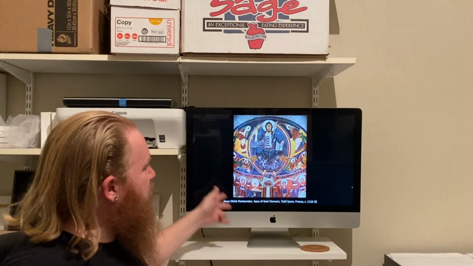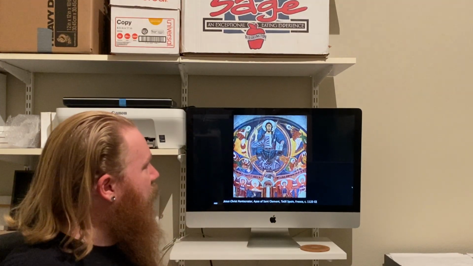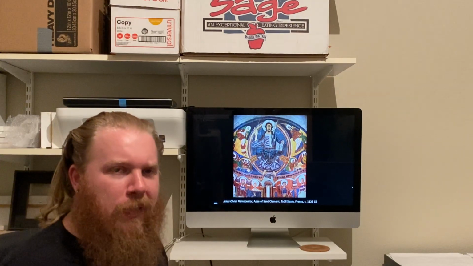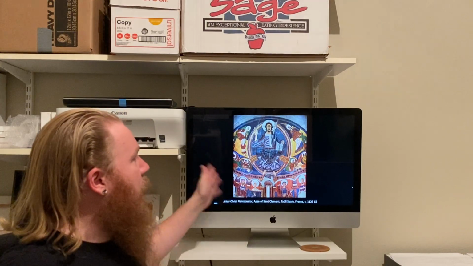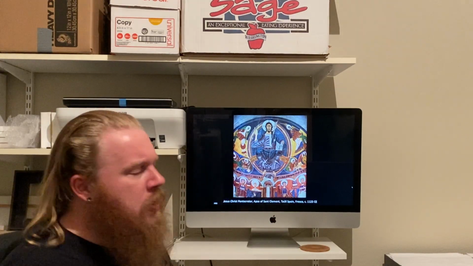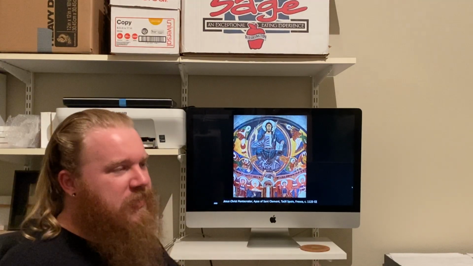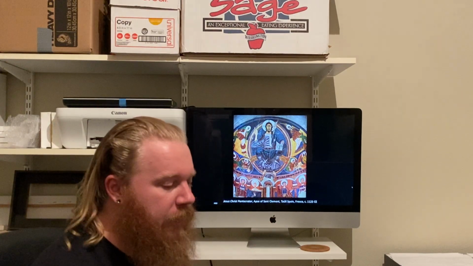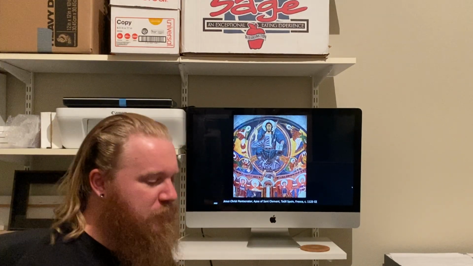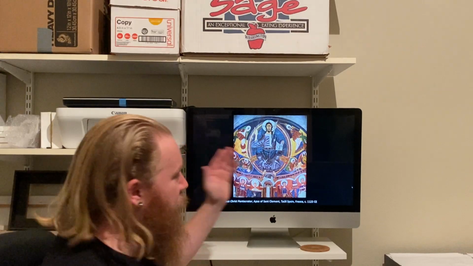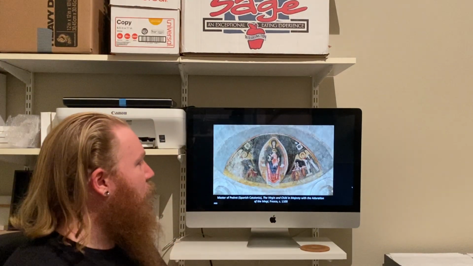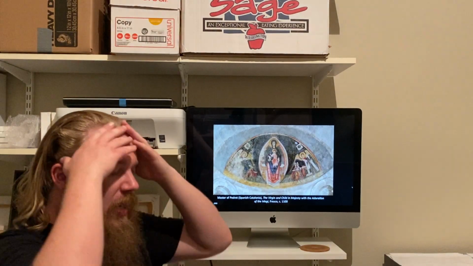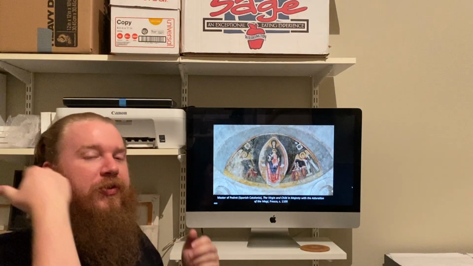Once again, we also see that this is meant to be abstracted away from natural reality, so it's not to be in competition with the divine creation and whatnot. But once again, very common. You'll see a lot of the exact same motifs over and over again. It's almost like beating a dead horse at this point, but we'll see some more of this as well. So just another example of one of these apse paintings above the high altar of a